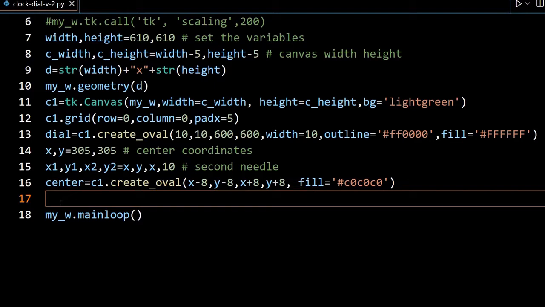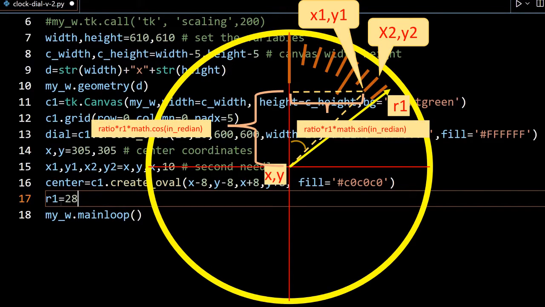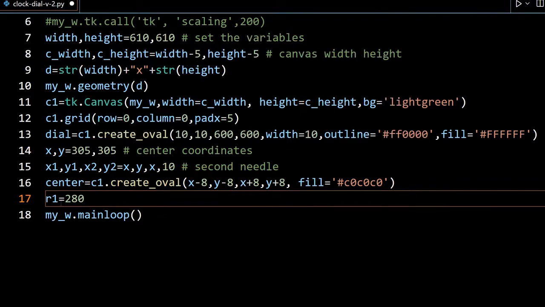So what we are declaring now is the variable R1, which we will fix at 280. This is the length from the center of the dial to the outer edge of those lines. I am just writing the comment here, dial lines for 1 minute or segment.